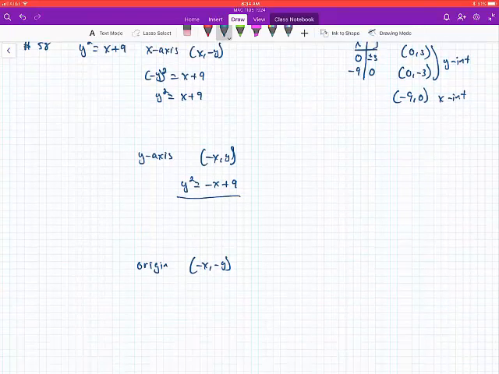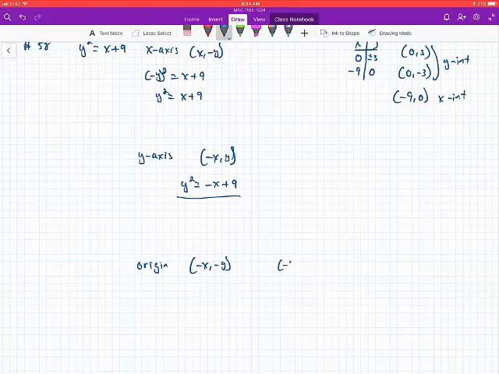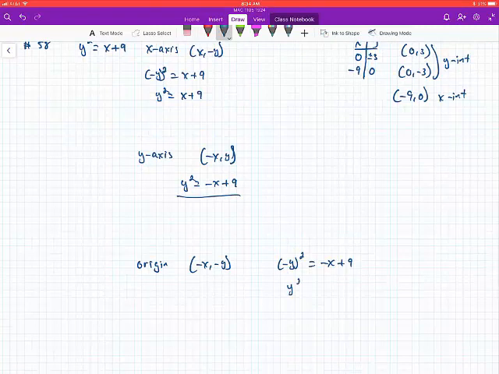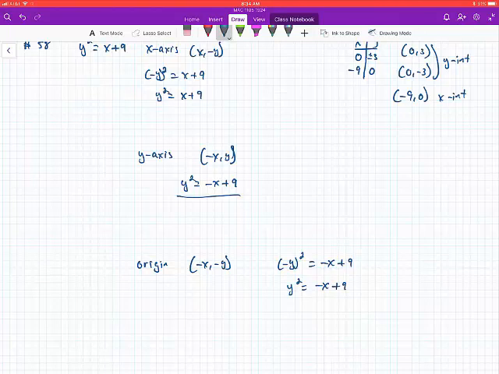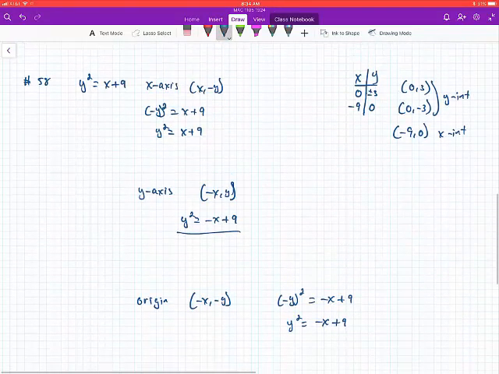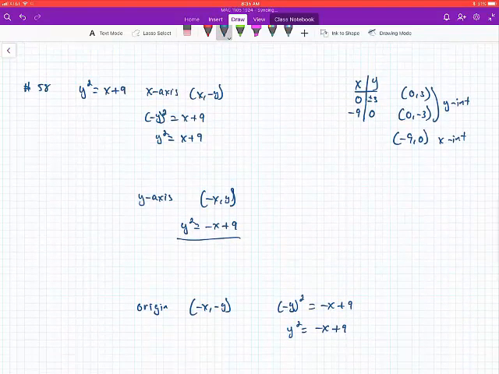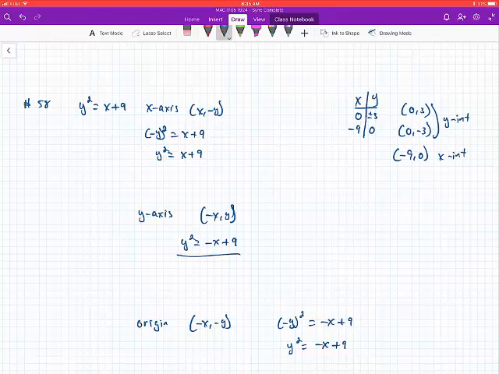And then for the origin, I'm going to replace my y with negative y and also my x with negative x. So I end up with y squared is equal to negative x plus 9. This is not equal to the original equation. So this particular equation is symmetric only with respect to the x-axis. So if we go back